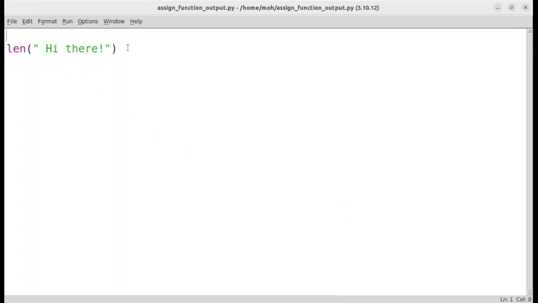And I have already added this code here. So this is the length function, and between the parentheses I've written this short sentence or a string, hi there. So if I run the module now from here,